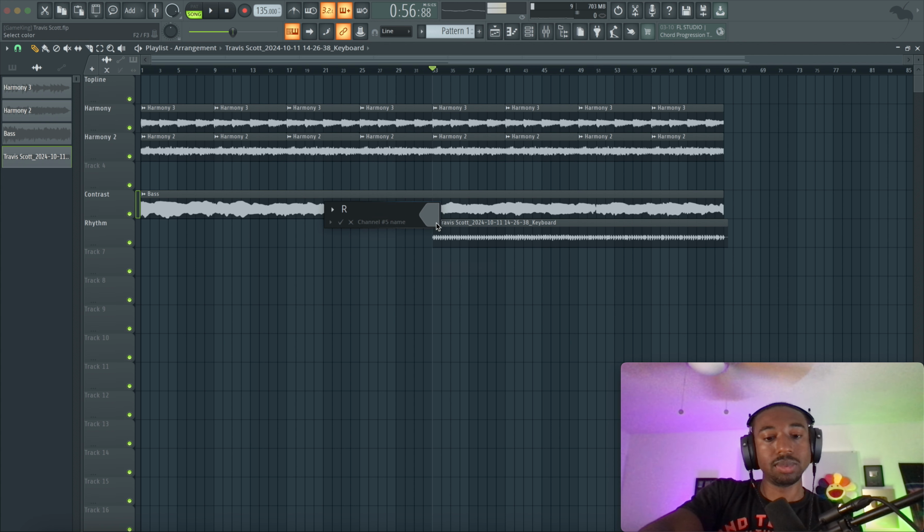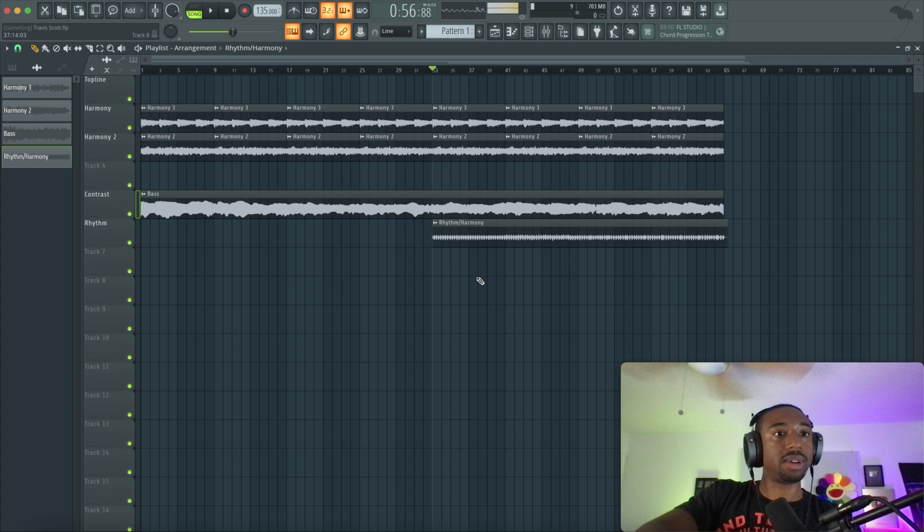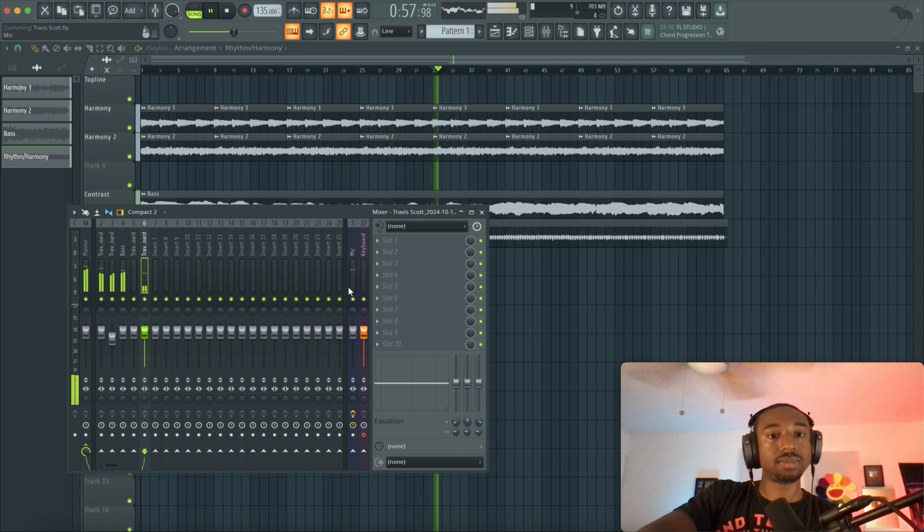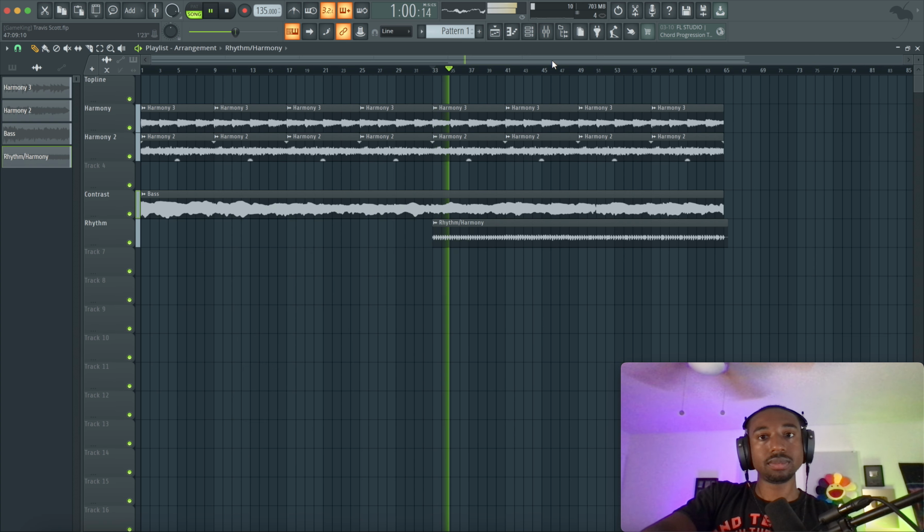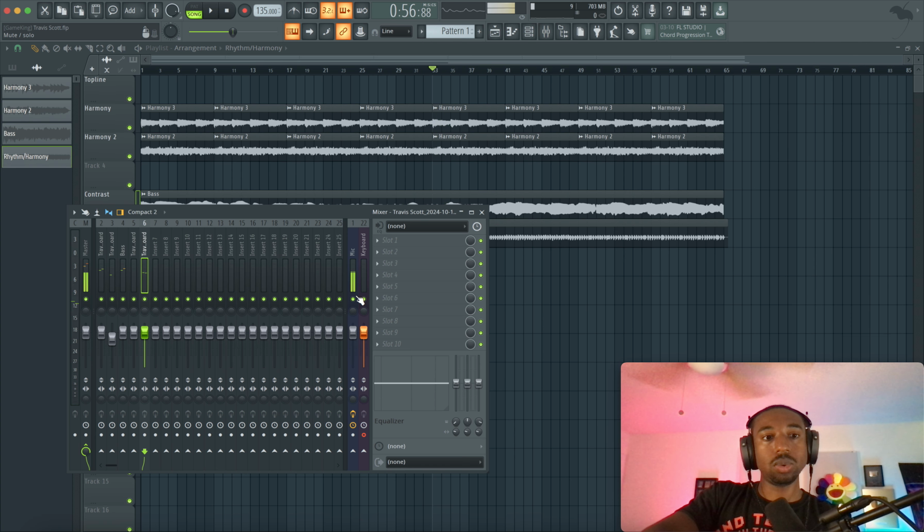Okay, so we added a rhythm section, but really this is rhythm slash harmony. Okay, so now we have that syncopated sound. Tresillo.